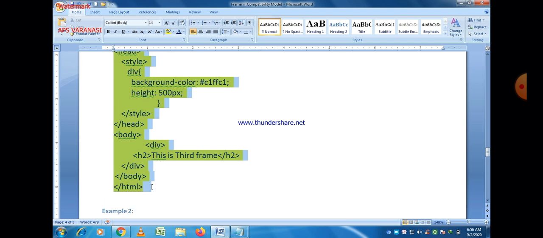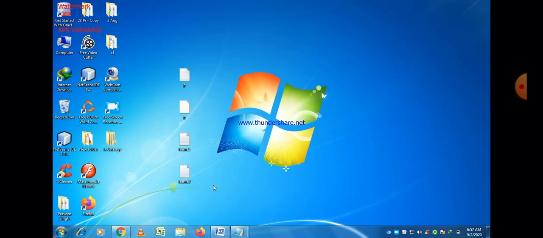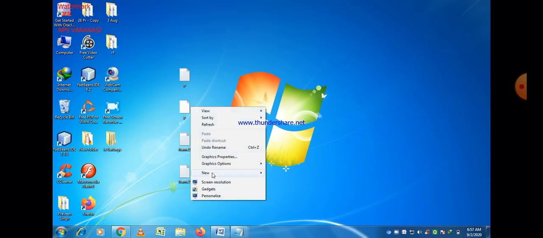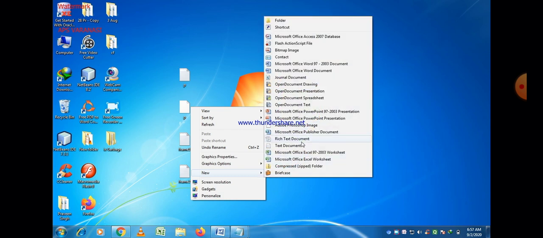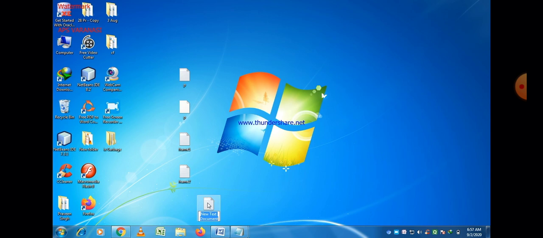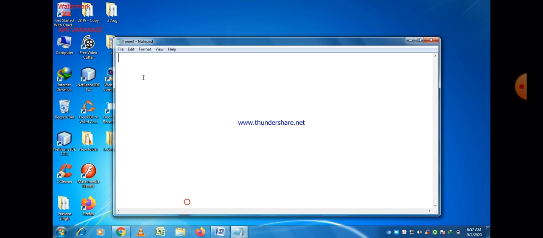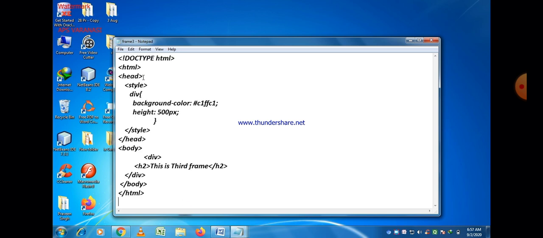Now let us create another file, and the name of the file is frame 3 here. So just save the program first of all.